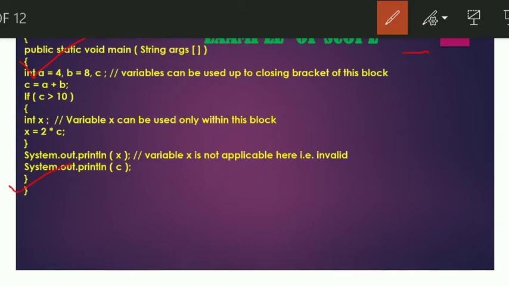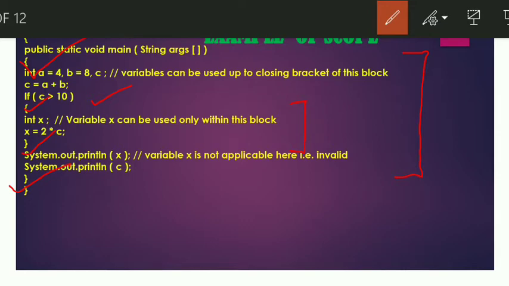Now within this opening and closing brace, we have created three variables of integer data type A, B and C, and we have initialized A as 4, B as 8 and C where the value of A plus B will be stored. Then we have created an if statement to check whether C is greater than 10 or not. If C is greater than 10, then we enter into another block. You can see the opening and closing block of this program.